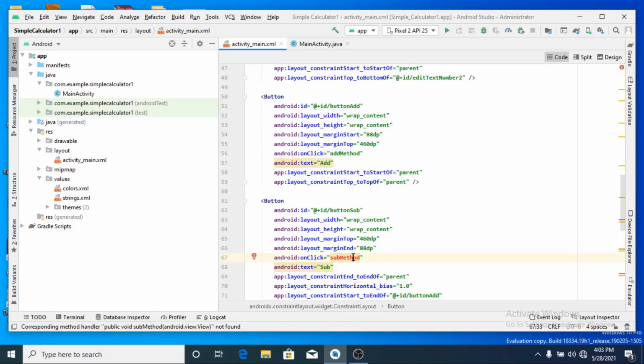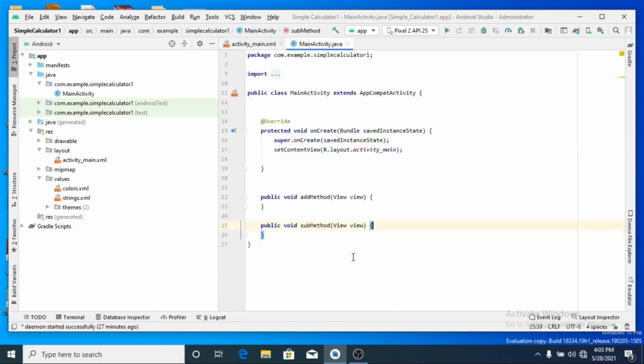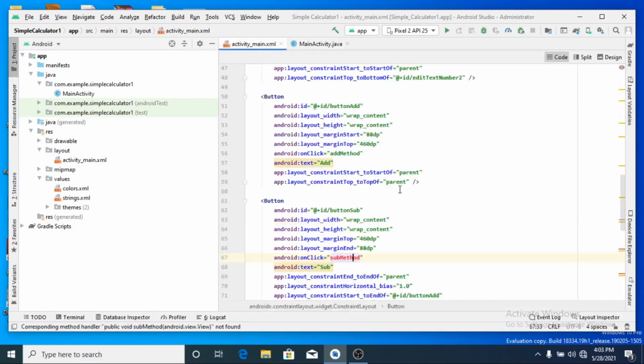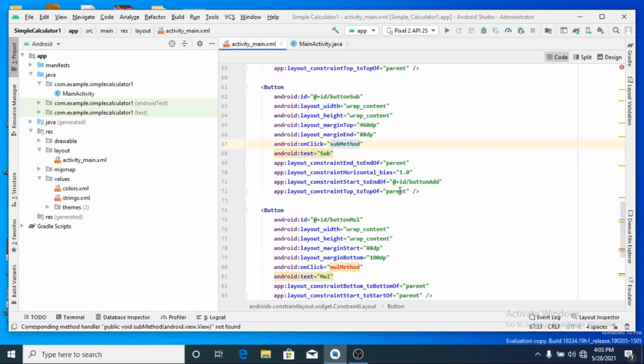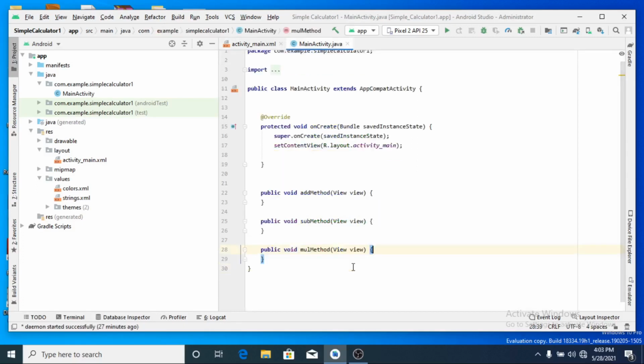Now let me come again, subtract method, Alt Enter. Yes, I want to create that. Automatically created, correct? Now go again, subtract method is created there, multiply method, Alt Enter, multiply method also is written there.